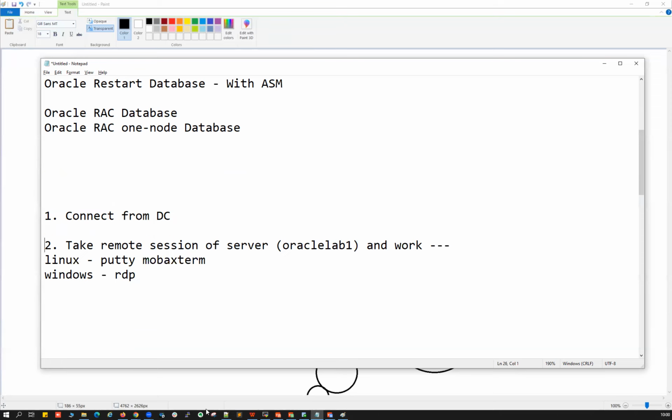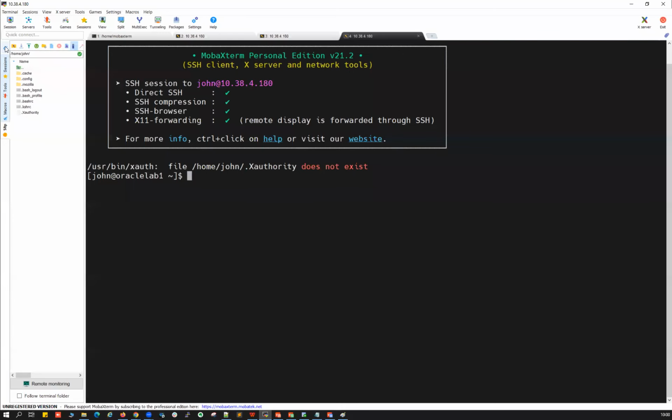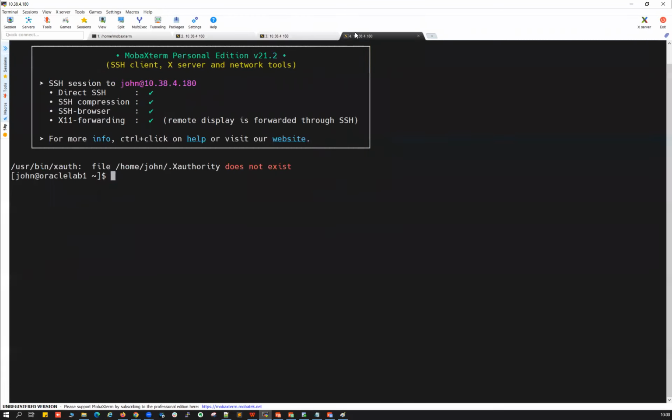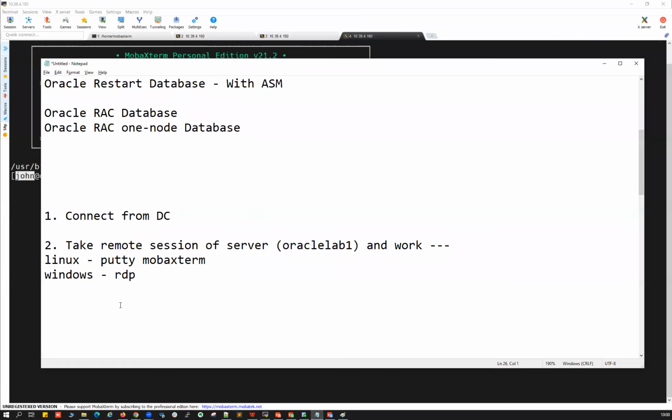As a DBA, once we log in with our own individual ID, either Malik or John, we'll define, okay, I am going to create a database, named DB2 or DevDB or ProdDB, or whatever the name of the database, you can define it.